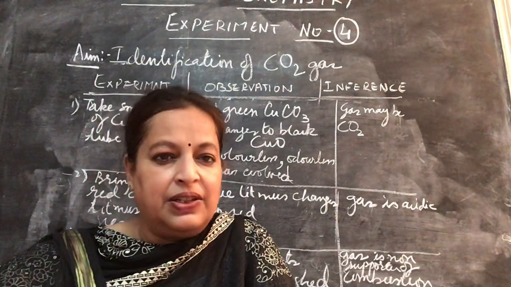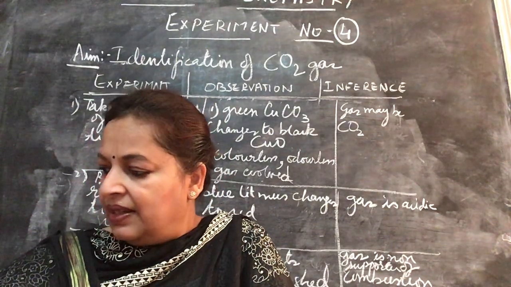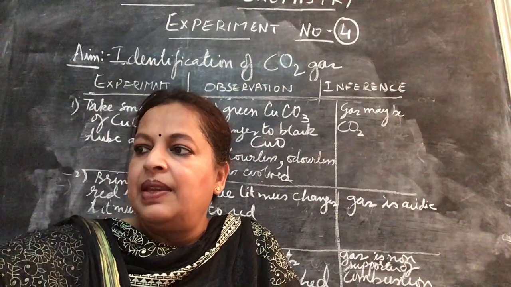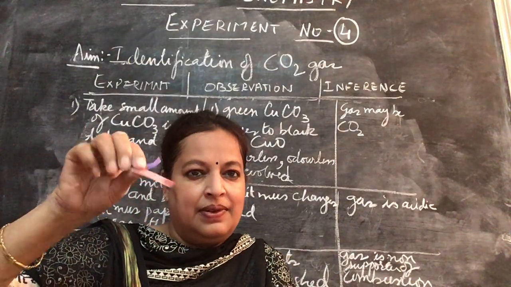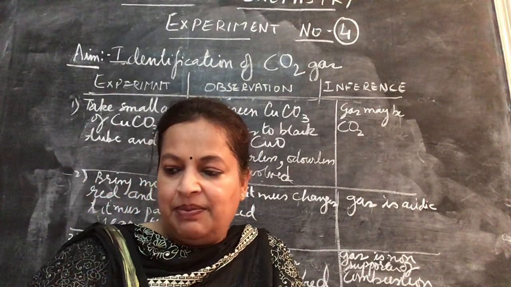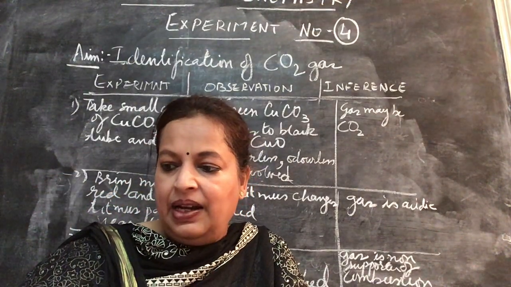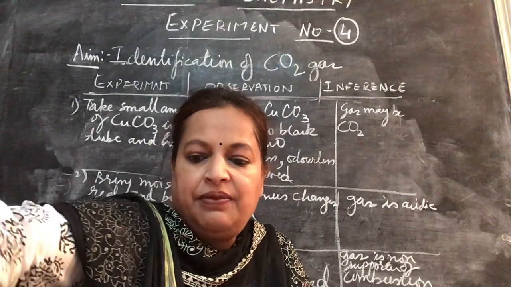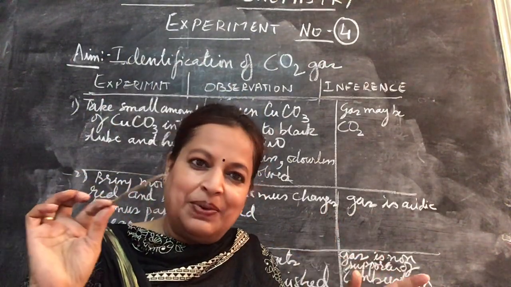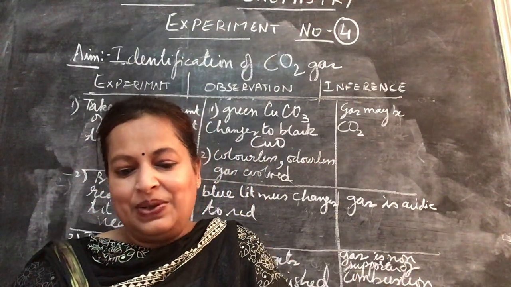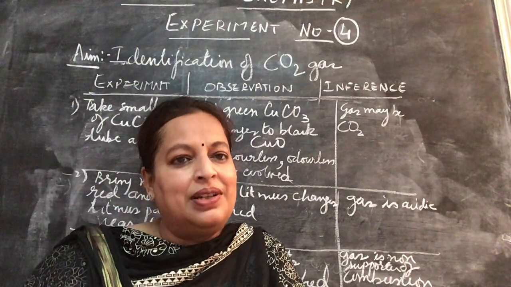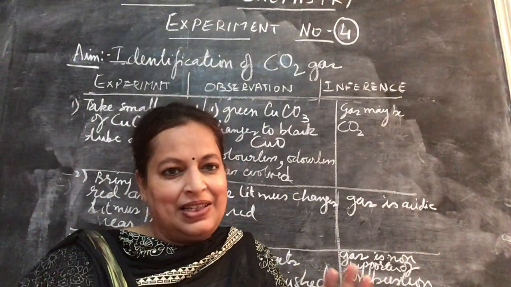Do you know what is the nature of carbon dioxide gas? Is it neutral or acidic or basic? Acidic gas, right? I have got litmus paper strips, moist red and blue litmus paper, okay? And I also need a splinter because I have to show whether it is combustible or non-combustible or a non-supporter of combustion. So a splinter is also there. Then the confirmatory test, which is lime water turning milky. So all these things I am ready with.